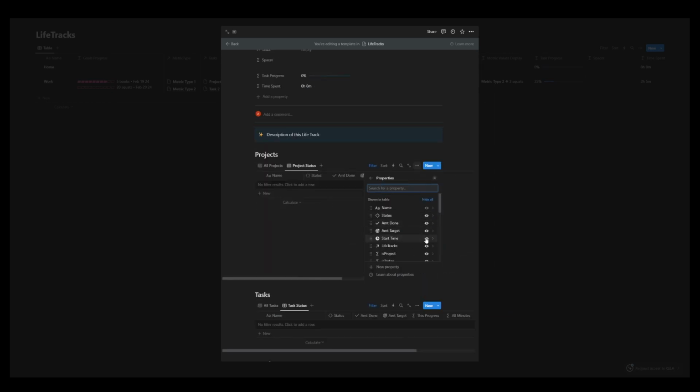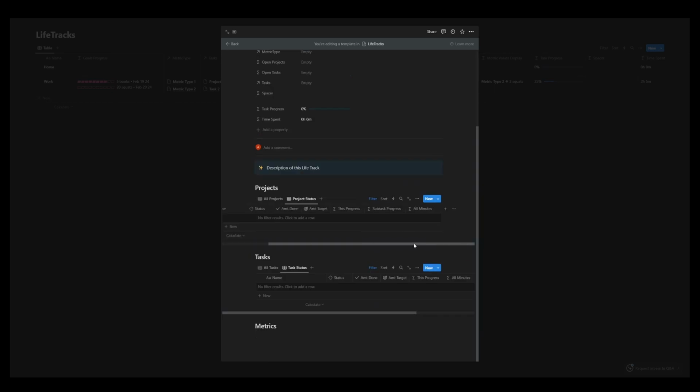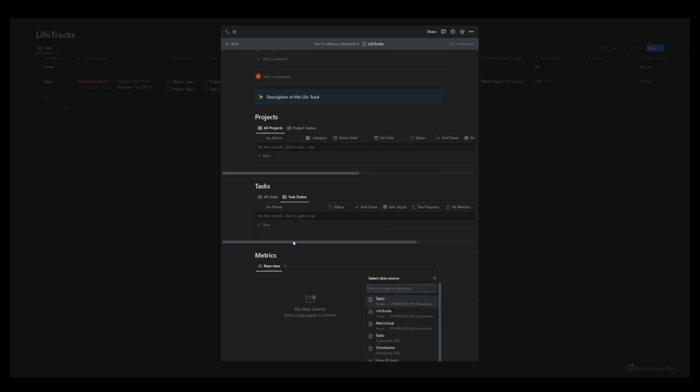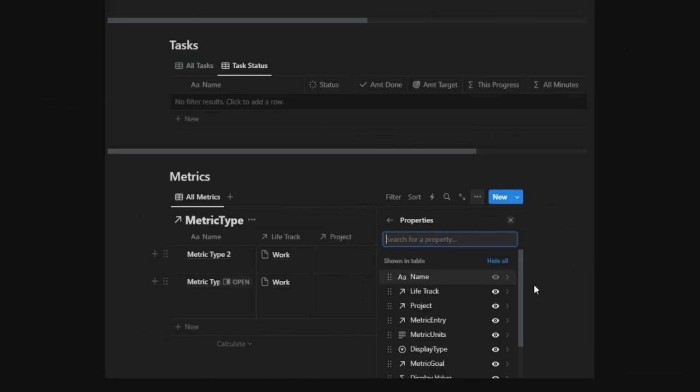And then next on the life track template here, I'm going to add a view that allows me to add new metrics to the life track. And if I haven't talked much about metrics yet, these are really just a way of tracking results. And these are sometimes called lag indicators. So they're progress towards things that are either outside of your control or a result of something else that you've